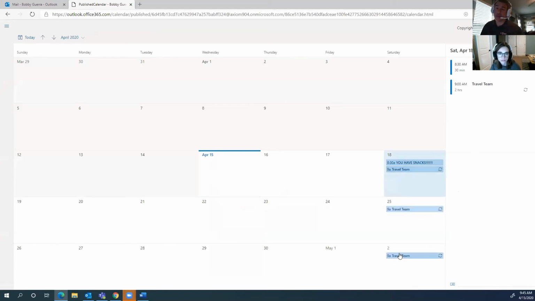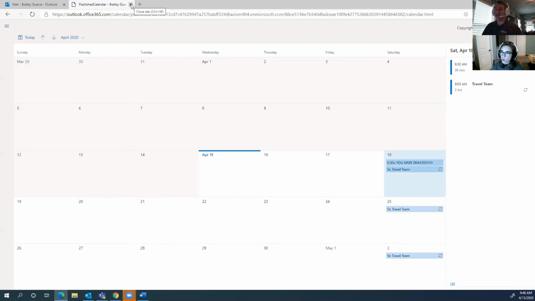Now, this is public. Once you do that, anyone that has that link can see this calendar. It's not really Google searchable, so they're not just going to find it out there on the web through Google searches, but it is still public. So this is where, if you have something that you want to give to the whole family, but be able to have control of what that calendar is, versus printing it out or texting it to everybody, this can be a nice little trick to do that.